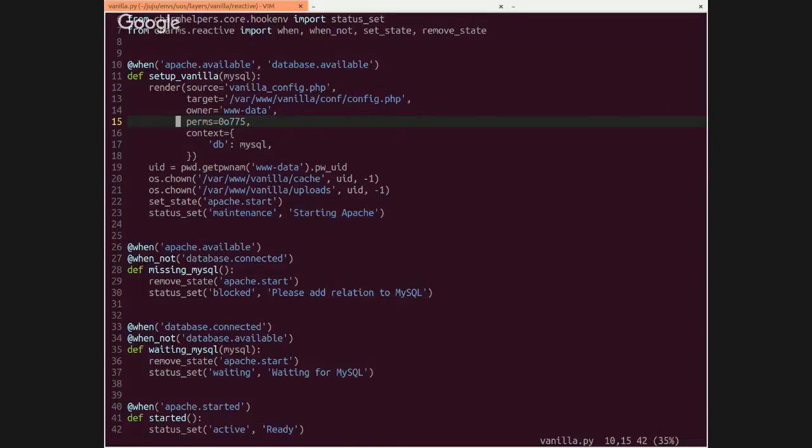I think that's conceptually really good because it explains at a higher level what the charm does without needing to dig into the actual bits that do it, which I don't really care about. I just need to know that when that database is connected, this XYZ fires off without having to go find out what XYZ are. Obviously, I'd want to do that eventually, but from a top level, it's almost like a self-documenting README, which I really like. Yeah, absolutely. It makes it a lot easier to follow what the charm's doing,